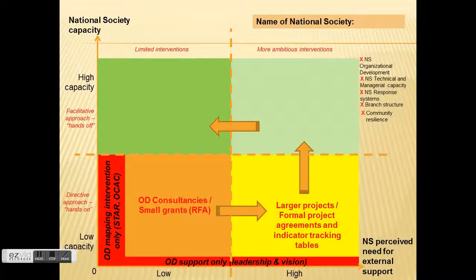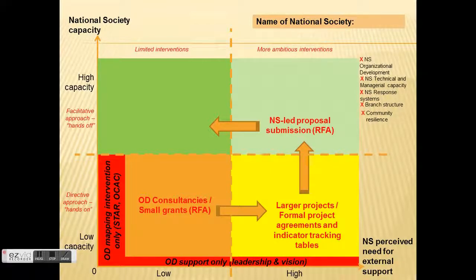As the National Society capacity increases, the American Red Cross should shift to a more facilitative, hands-off approach. National societies should be encouraged to identify their needs through, for example, open requests for applications. We have been testing. So this means that progressively the National Society is using its enhanced capacity to have more freedom and take more initiative. And as the needs of that National Society